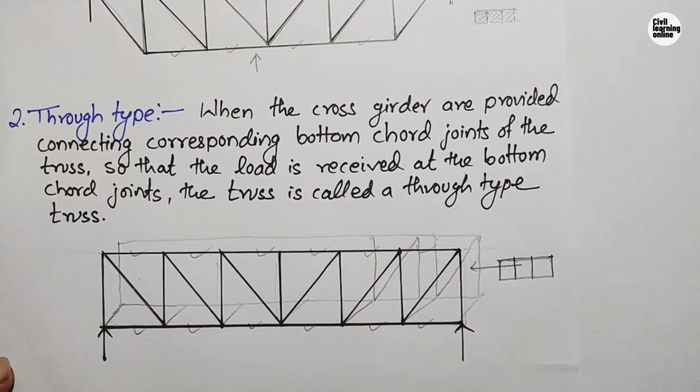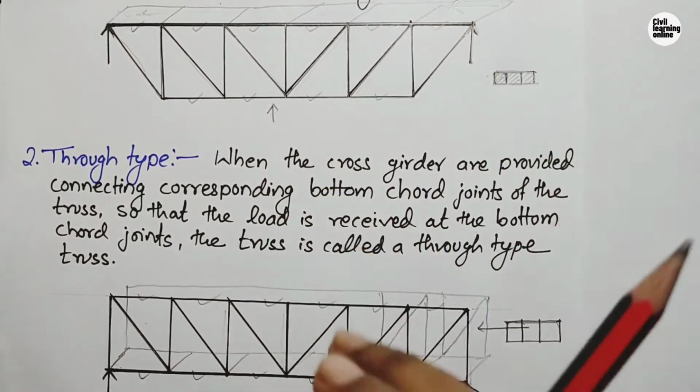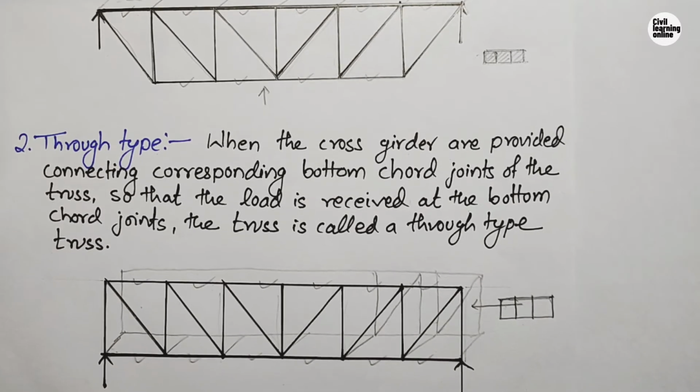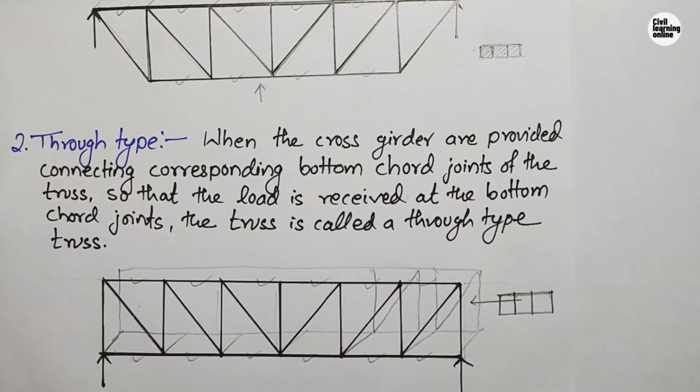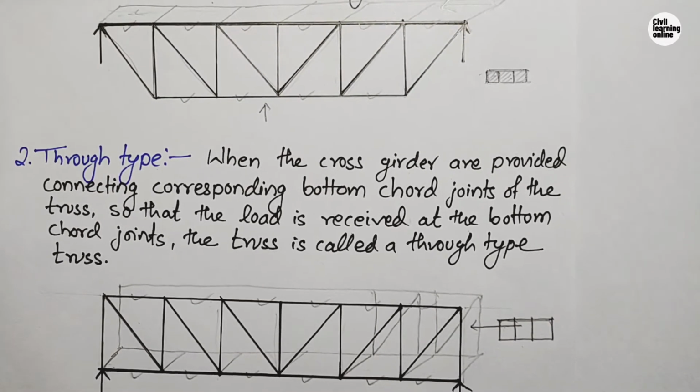And guys, do learn how to draw the influence line diagram of these two types of truss very carefully, because when you study the design of steel structures second, in that subject, when you will be designing the footbridge, you will need to draw the influence line diagram of the truss bridge. So better to understand how to draw the influence line diagram here, so that while solving numericals or designing the footbridge, you will feel easy.